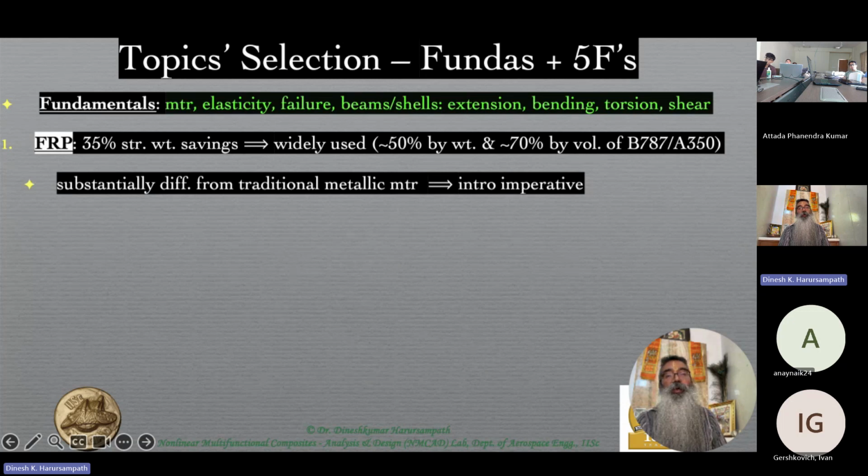The first F that will be focused on are the FRPs, which is the most common kind of composites used in most aircraft in terms of the volumes and in terms of the costs involved as well, to a large extent, at least until today. Because once engines start using metal matrix composites and ceramic matrix composites in a much larger way than they are doing right now, then you would see probably some of the cost will go towards that. But purely from a volume and mass point of view of the structure, FRP, which stands for fiber reinforced plastics,